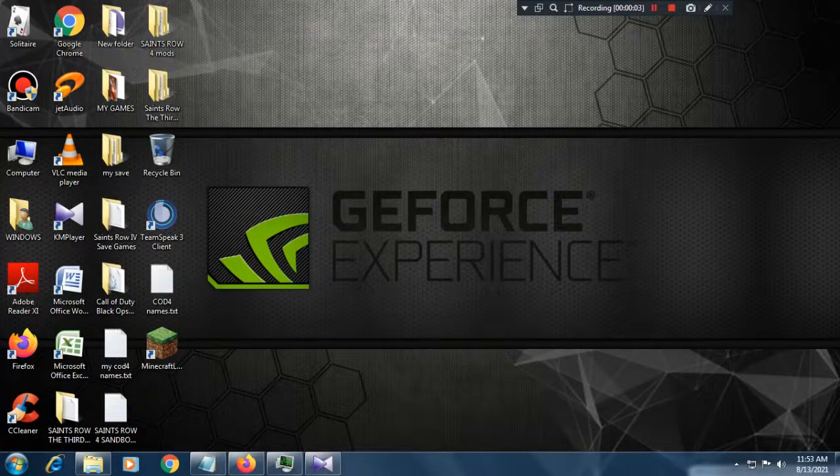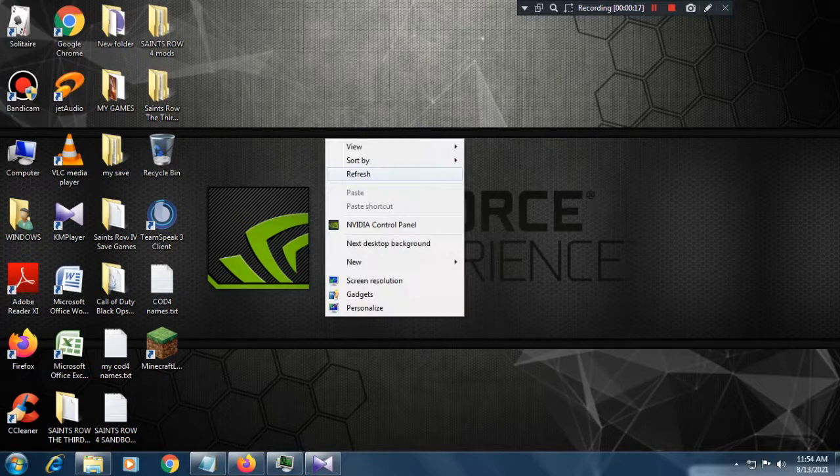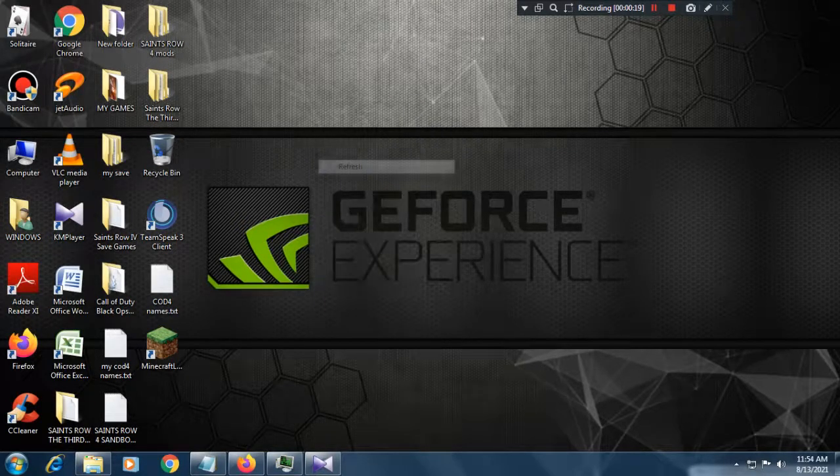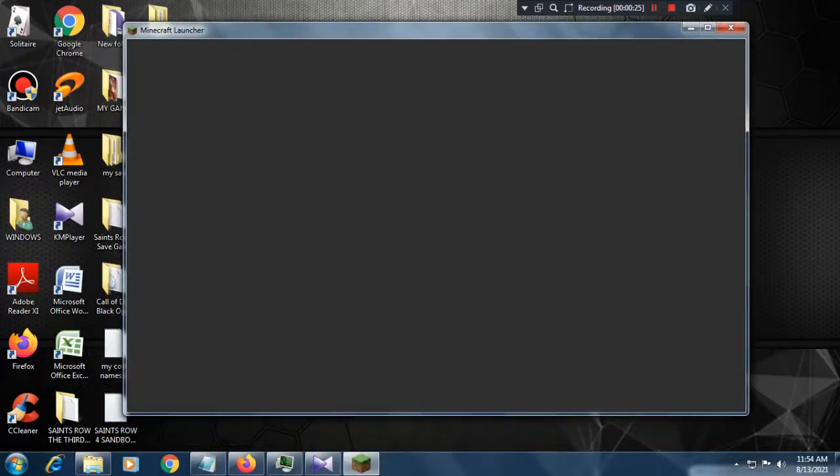Today I'm going to show you a quick video tutorial for downloading Minecraft for free and the original version, and you can also get an alternate token. Now listen, this is the Minecraft launcher. If I open this, it will look like this.